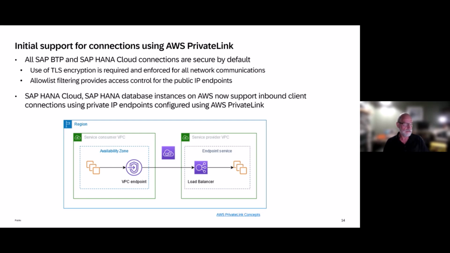What private IP endpoints do is they add an additional layer of protection to your connections. So with a private IP endpoint, on the client side, you actually configure an alias, an endpoint alias within the virtual private network of your application. And then on the HANA Cloud side, which is the work that our teams had to do and is delivering now,